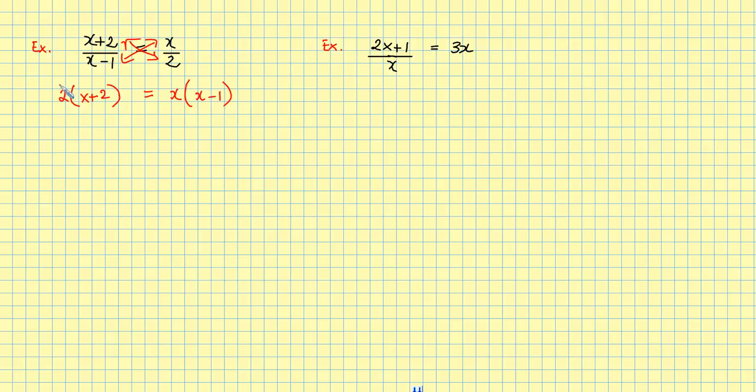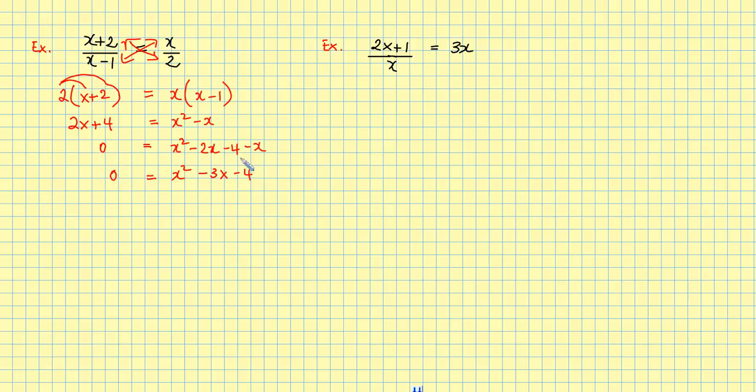And when I expand, I will do 2x plus 4 is equal to x squared minus x, and then I'll bring everything over to one side of the equation. So I'll do 0 is equal to x squared minus 2x minus 4 minus x. So that my answer will go to x squared minus 3x minus 4,